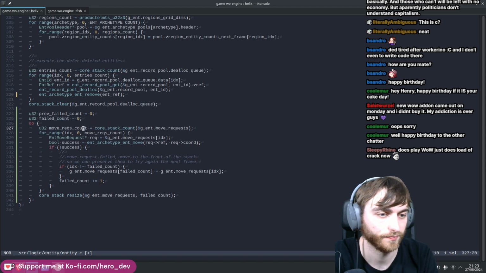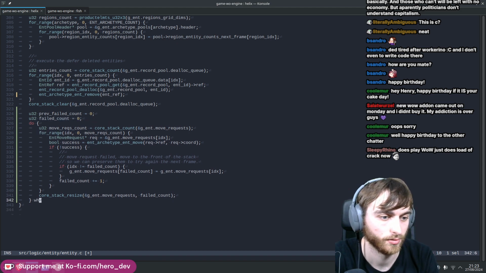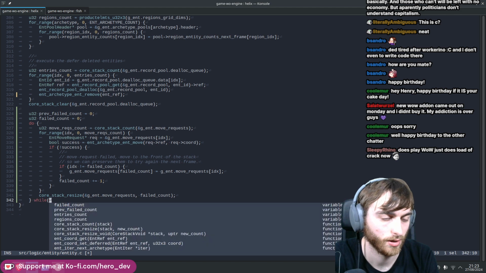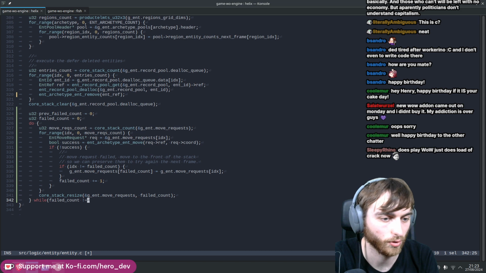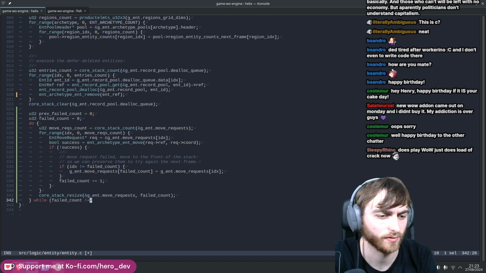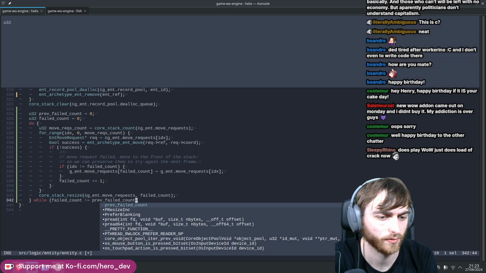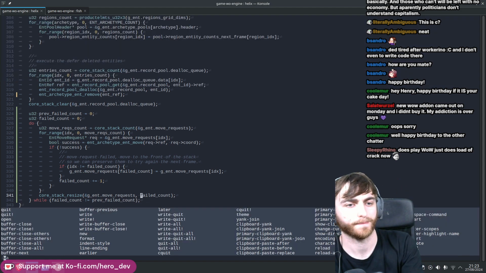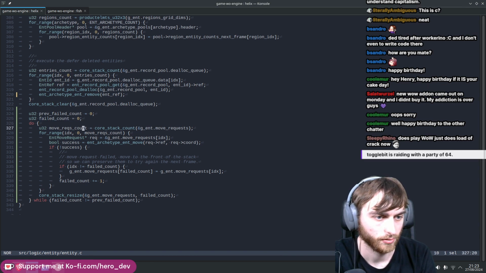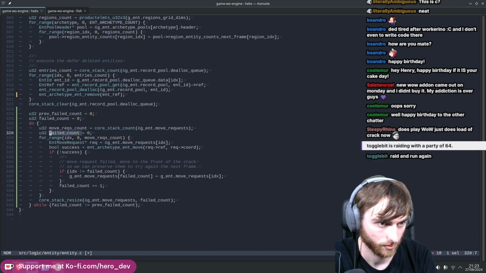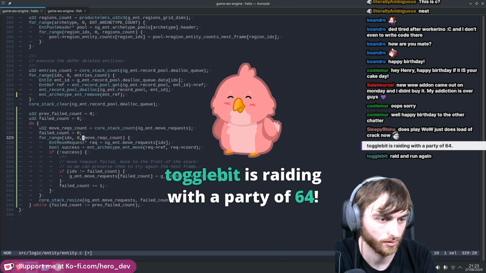Do while fail count not equal. I just put spaces in these things. Previous, is that right? So fail count needs to be set to 0 at least. And then